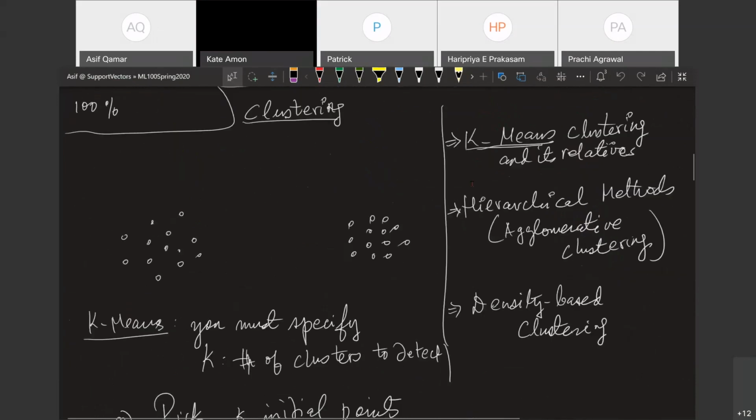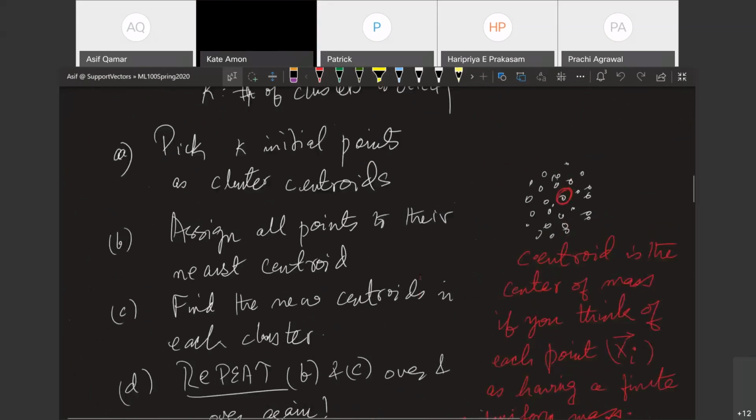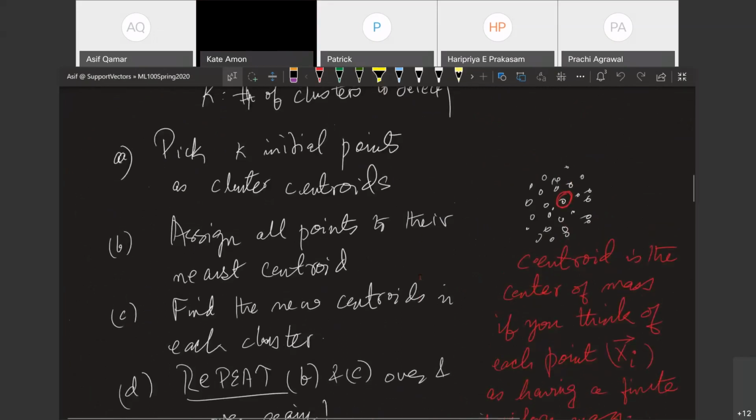Now, how do we do clustering? We do k-means clustering. K-means is the exercise in which you say, I don't know how many clusters there are. Tell us how many there are. Well, that is the value of k. If you tell us what k is, then it's a simple exercise to find the clusters. Its primary purpose is to just pick k initial points. Now, you can randomly pick those initial points, or you can use a little bit more intelligent heuristics.